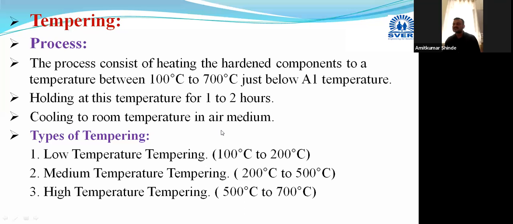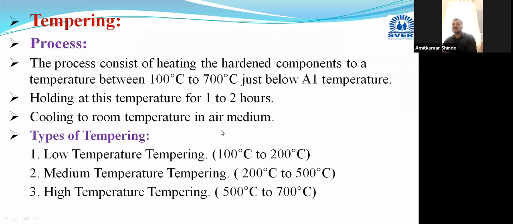Initially, martensite forms low temperature martensite, that is tempered martensite, and some transition carbides. Carbides formed during that transition period are termed transition carbides. Then that low temperature martensite will decompose and form a ferrite and cementite mixture. Due to the formation of that ferrite, the material will become soft, and ductility or toughness is increased.